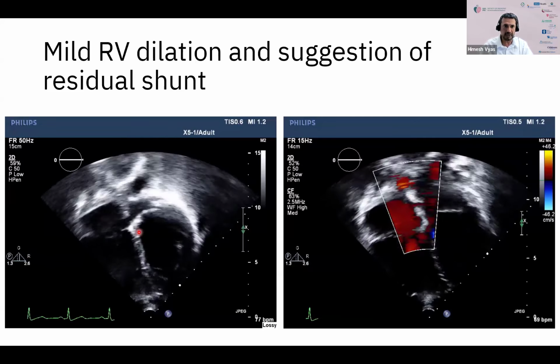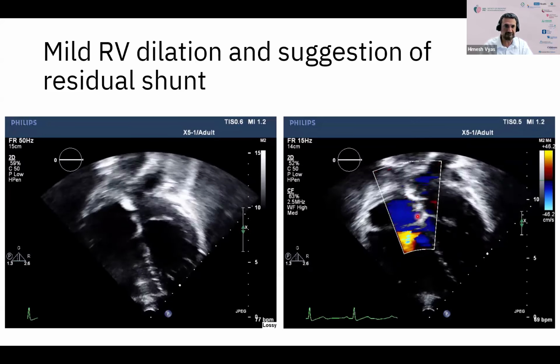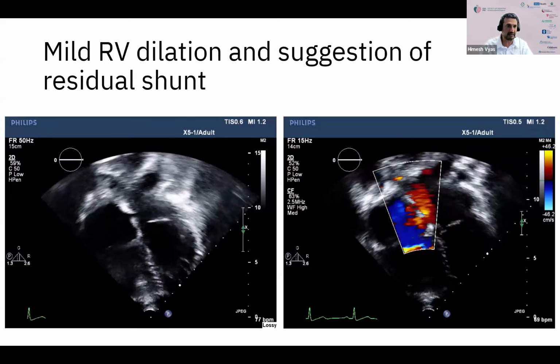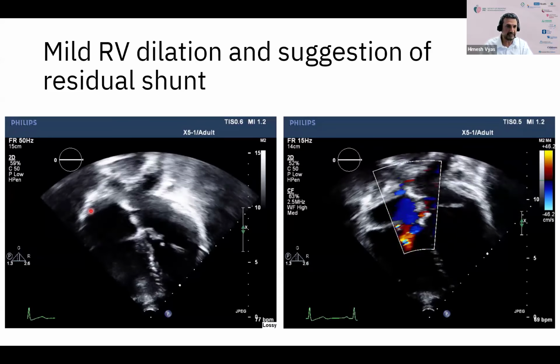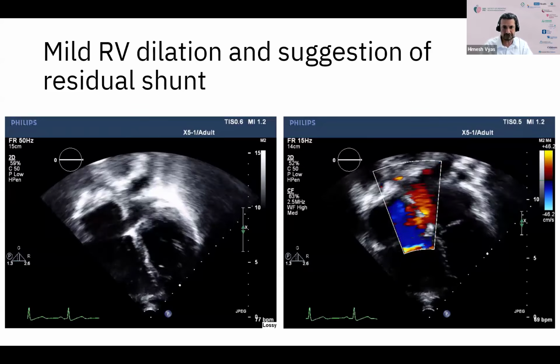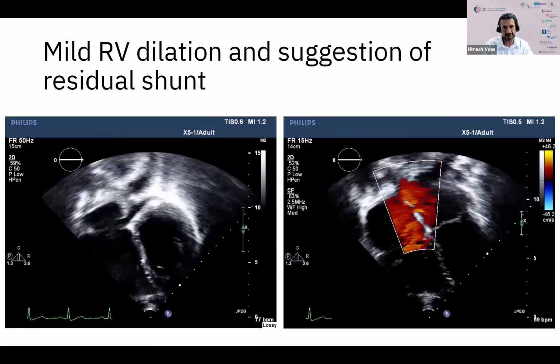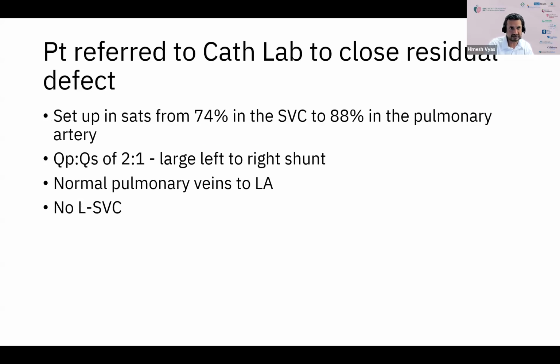the device, and maybe there is some suggestion of a shunt below that, maybe an inferiorly located shunt as well. Just a couple of unusual things. The right heart does look dilated. So that was enough for us to say, well, let's bring this patient in for a heart catheterization and close this residual defect. So at the time of her cath, we noticed a pretty significant step up in saturations, 74